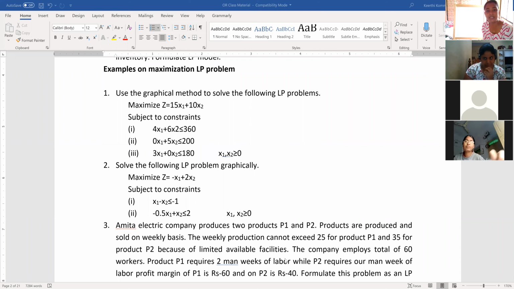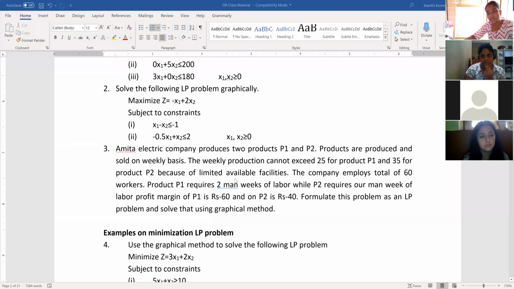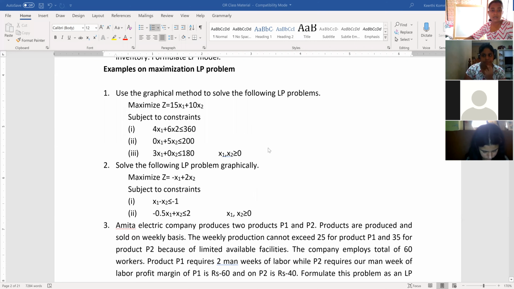Till now we were formulating our actual question into this particular model. Yes or no, girls? The theoretical examples we were converting into this model. But in the exam, they can give you the LP model equations directly, which makes our process very easy. But they can also, as you can see in the third question, give it in this way, where you need to convert it into an LPP model and then apply your graphical method.